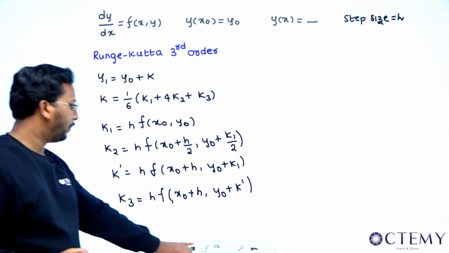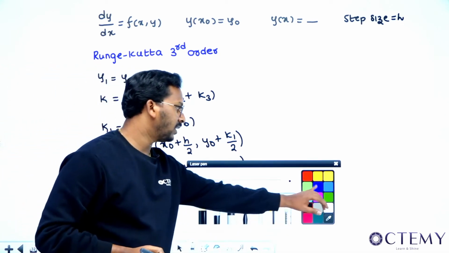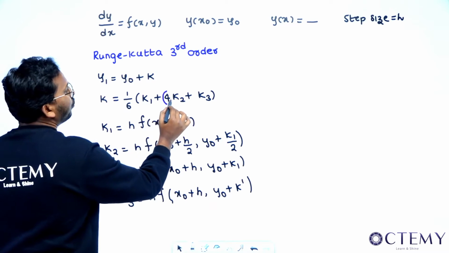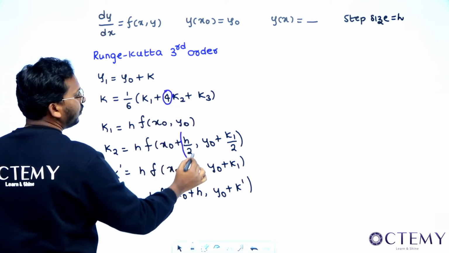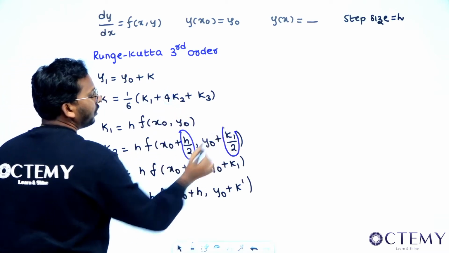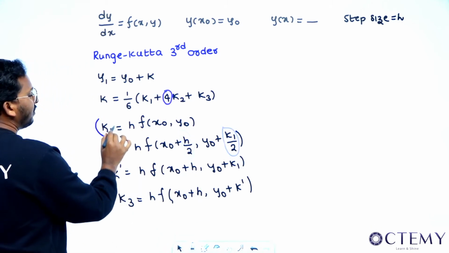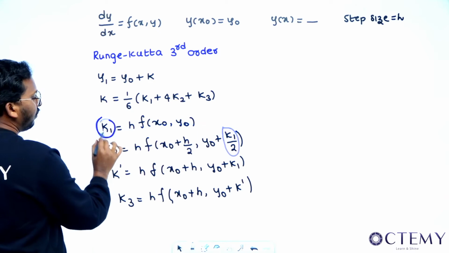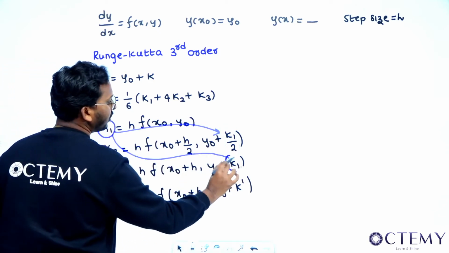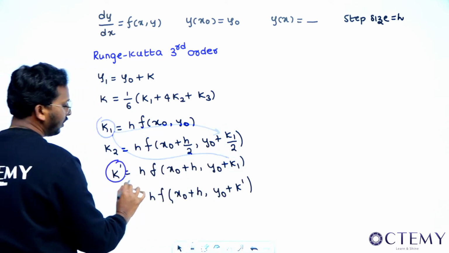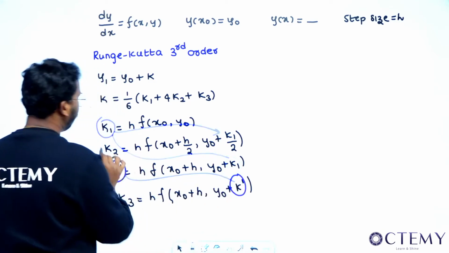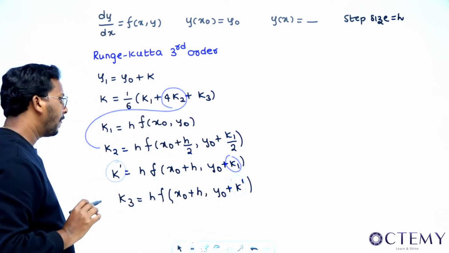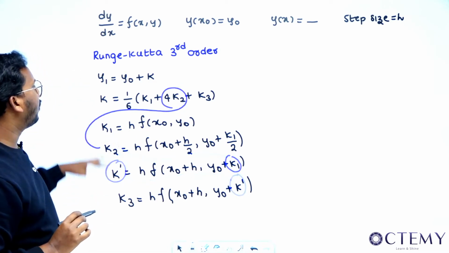So there's an easy way to remember. Here you are getting the highest power 4, so you'll get the by 2 here only. Whatever the latest value of k you are finding, that is used here, and k1 dash is used here. The value of k2 whatever you are finding is basically used here, right? So this is only what I have written.